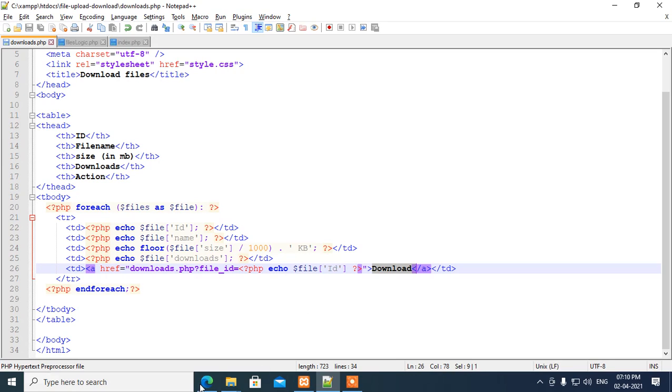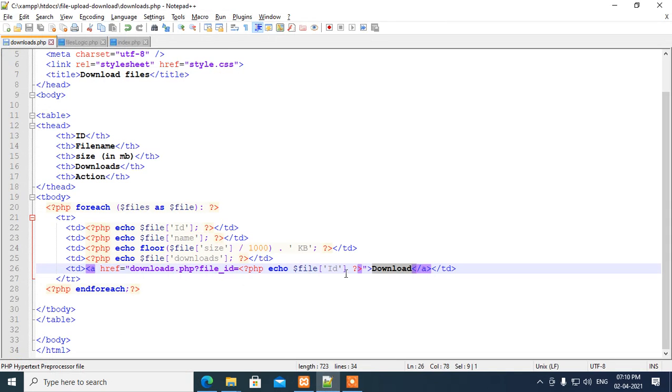Here I select one file, and the id of that particular file is fetched from here, and then I transfer it to file_id, and then it goes to the downloads.php file. In downloads.php, here I fetch the id of the particular file. Then after, it's stored into file_id.